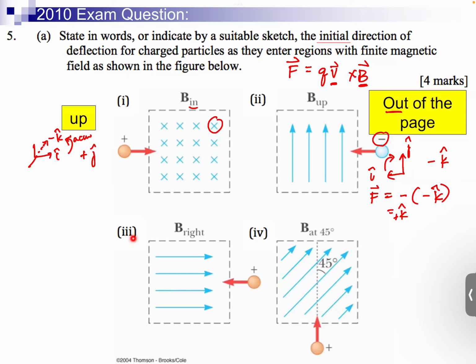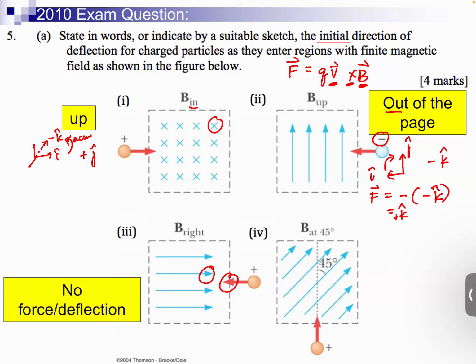How about the third one? What's the magnetic force here, or the direction? Or is there a magnetic force? No, yeah, it's a cross product. You'll only have a force if you're crossing two perpendicular vectors, but here they are anti-parallel, so there's no force or no deflection. And if you have a diagonal vector right here, remember that a diagonal vector can always